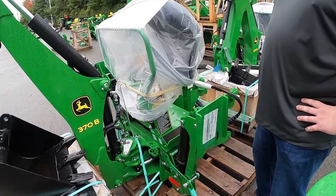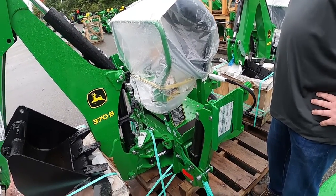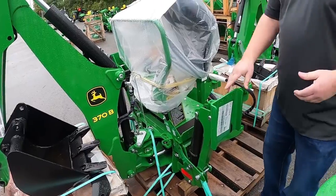Yeah, no, I probably don't need something huge. I think like one of the smaller ones, like a 1025, probably would be best. Okay. And the 1025 has what they call